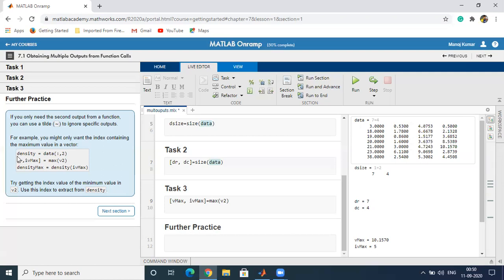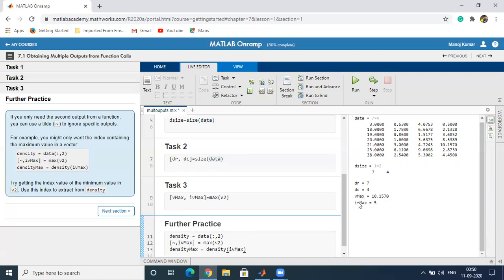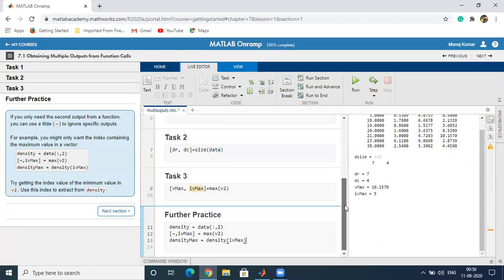We can also get its maximum value just by using that index on the matrix. For example, we will copy it and paste it here. What will be the output?